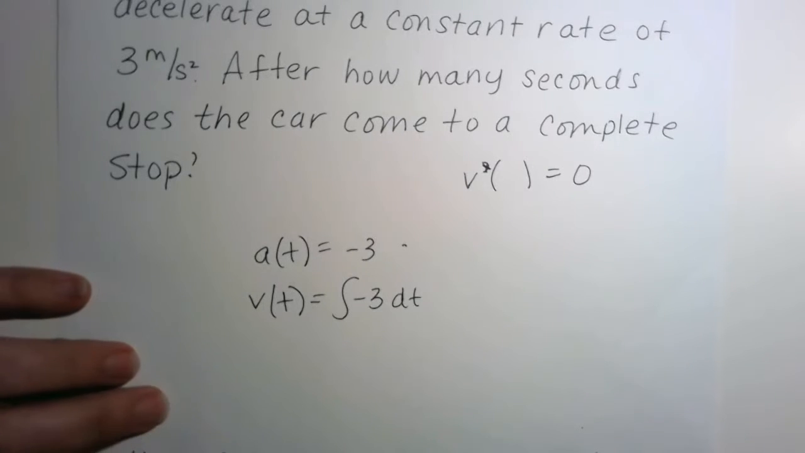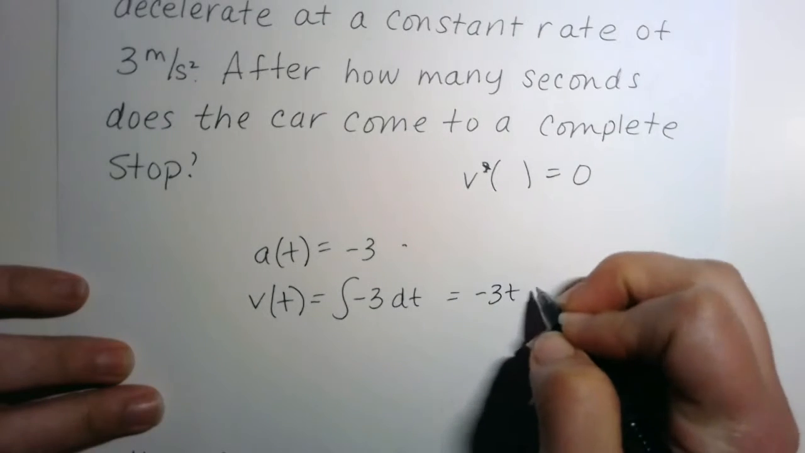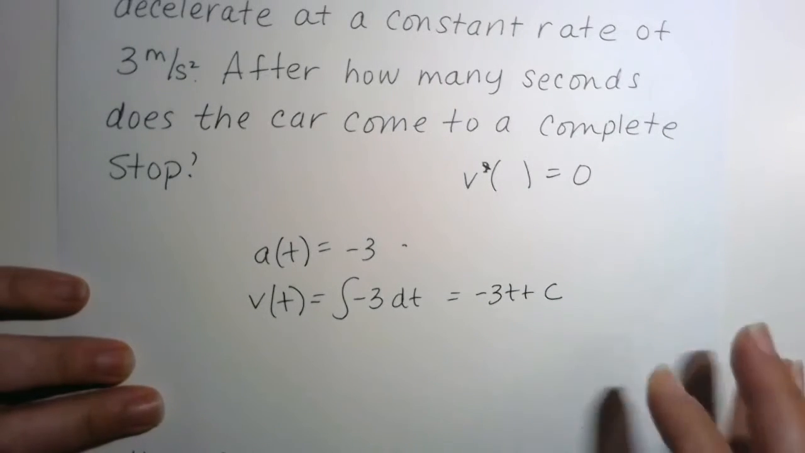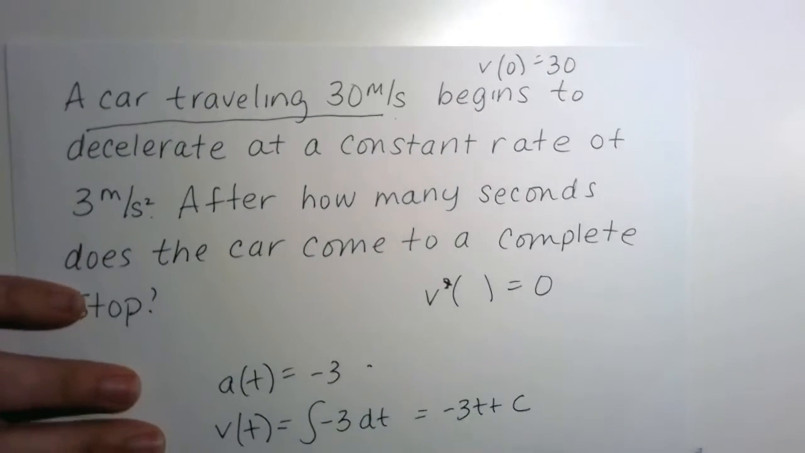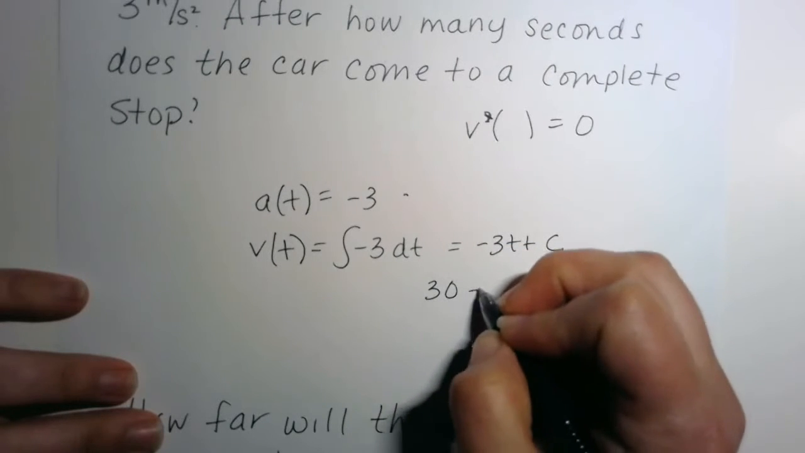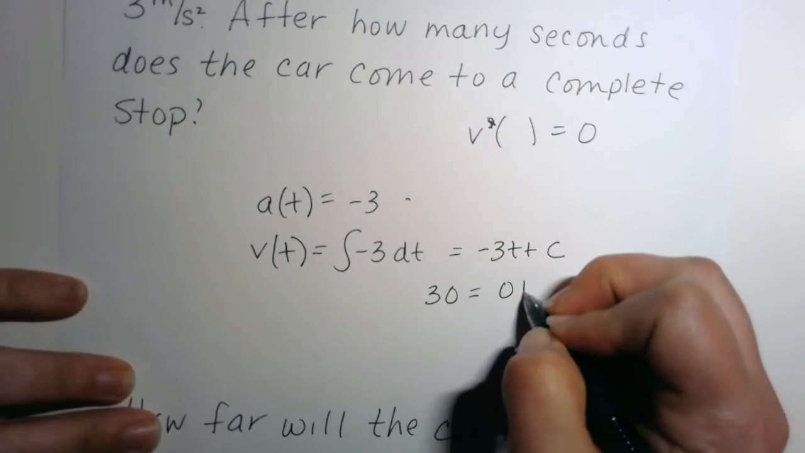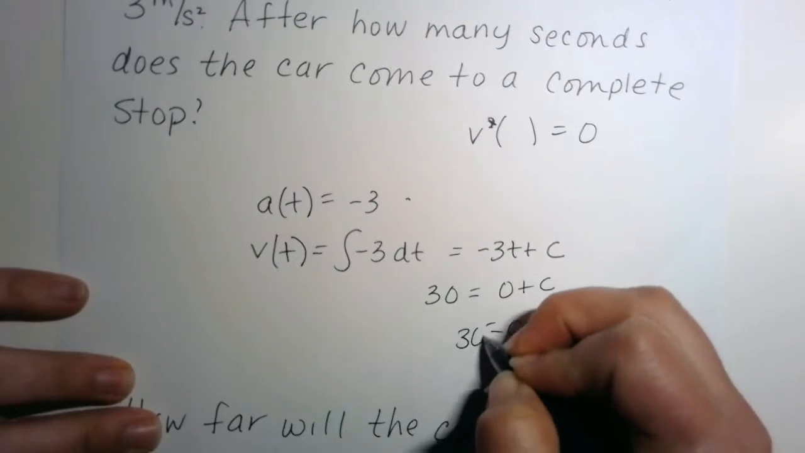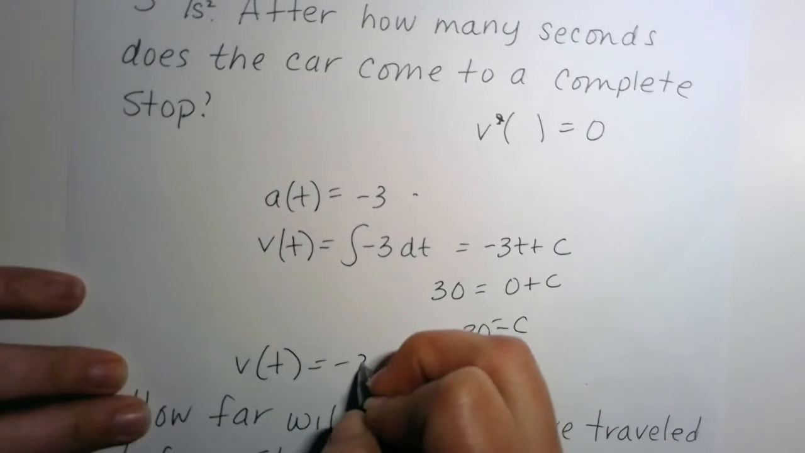Okay, so we want to know when does the velocity hit 0. First we need to find the velocity function. So our v of t would be negative 3t plus c. Pretty simple one to do the antiderivative of. Now we wrote up here that v of 0 was 30, so I'm going to set this equal to 30 and plug in a 0. So basically I'm going to get 0 plus c, so my c is 30. That means my velocity function is negative 3t